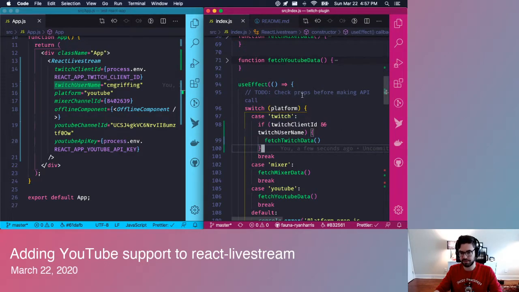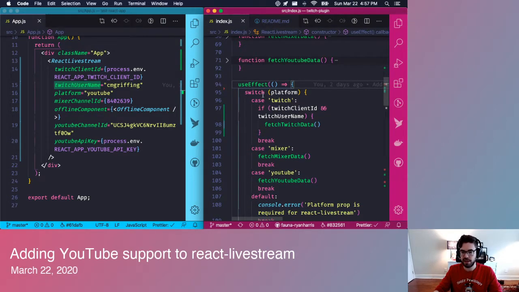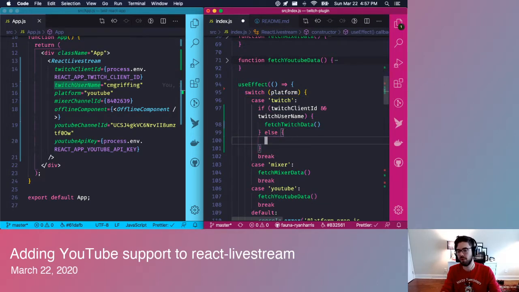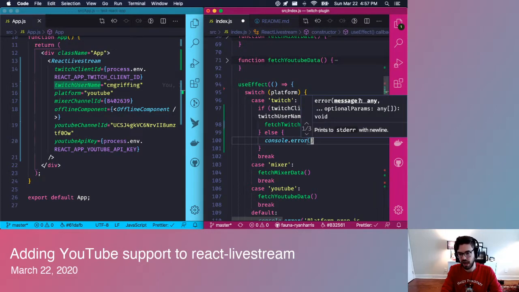I can take this away since we're working on this right now. If you pass in a platform prop of Twitch, but you have not passed in these other things, we're not going to execute this, because it's not good practice and it won't work. So the only thing we can do here, I think, is log out an error and say Twitch support